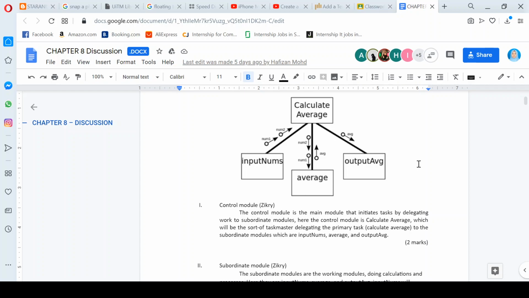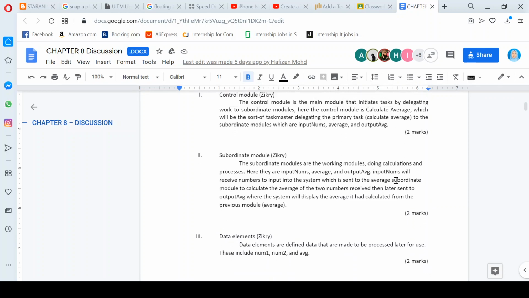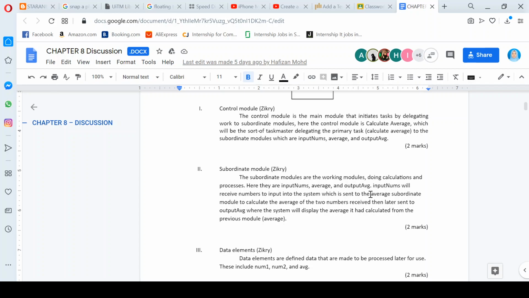Contohnya kalau calculate average ni dia menggunakan number 1. Contohnya ini adalah modul yang pertama. So subordinate module for the input numbers dia akan jadi 1.1, dia akan jadi 1.2 and also 1.3. So because these three subordinate modules are referring to the control module. Okay, and then the last component for the structure charts is the data element. So data element ni is equivalent to the data flow in the diagram